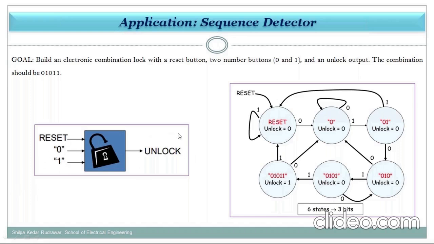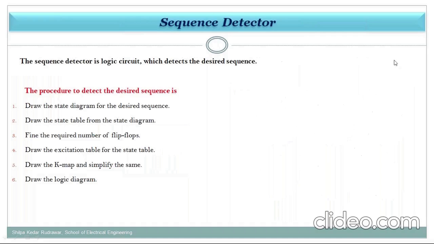If the string gets detected, what is meant by string? Suppose I am saying that my sequence is 1 0 1. Is everybody getting this? Everyone concentrate properly, otherwise if you miss one part, it will be difficult for you to understand. So keep paper and pen ready.